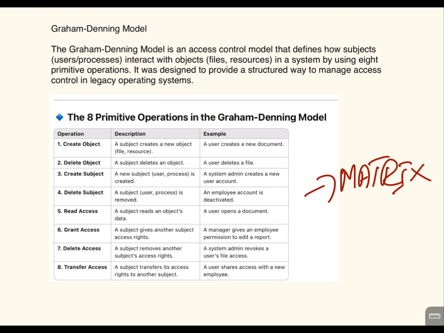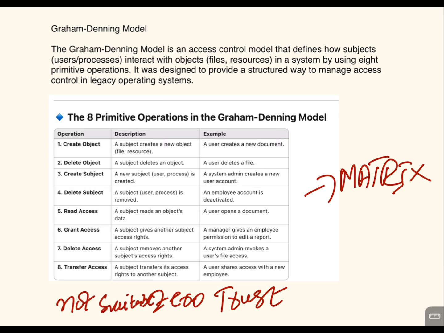Now, the problem with this model: it is used in legacy systems and works well in systems with access control lists, right? It is not suitable for zero trust. That is a very important point. It is not suitable for zero trust because it lacks dynamic access control and scalability. It is used in legacy operating systems and controls access using static access control rules,